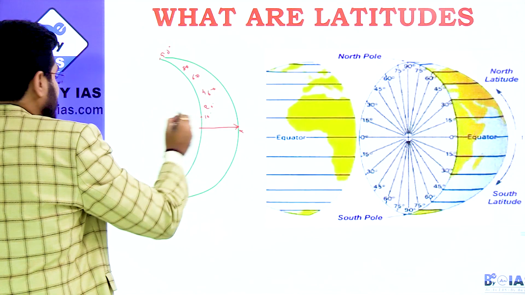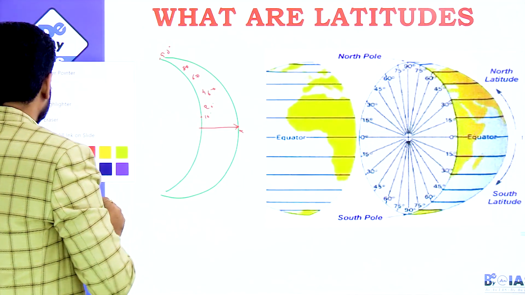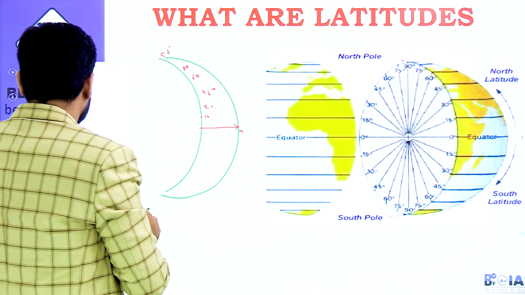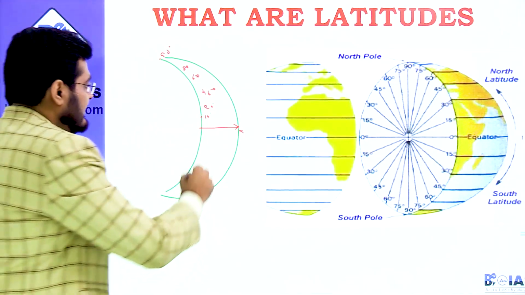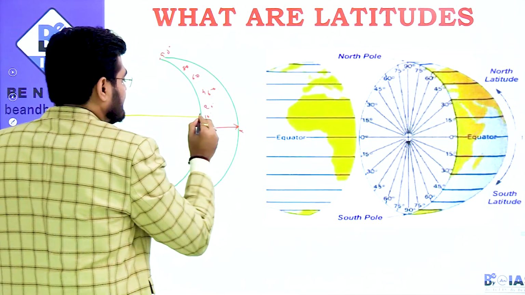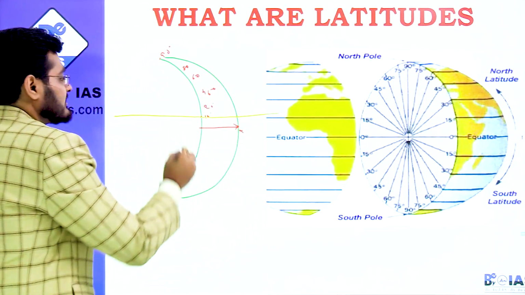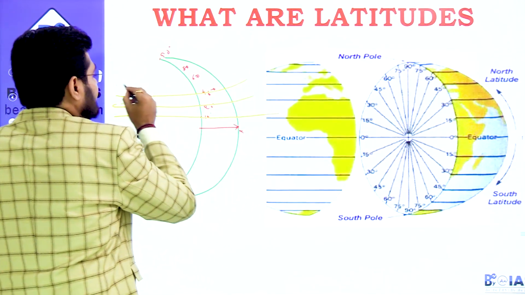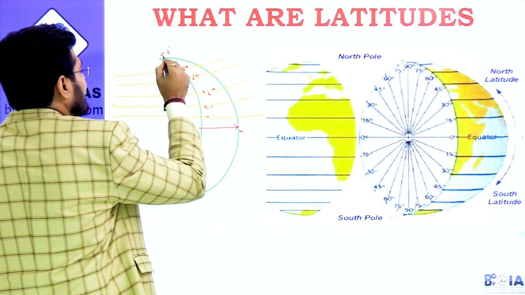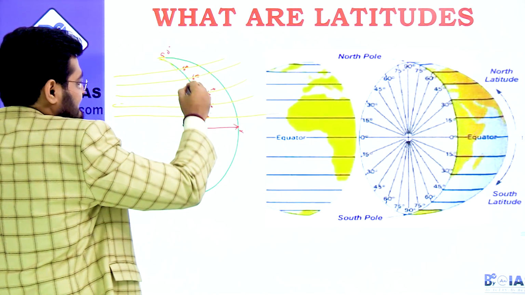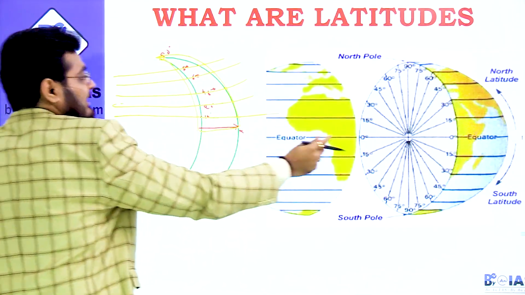Okay. Now, this is your 10 degree. What we have done, this 10 degree would be the same in reference to 0, in reference to your equator. So, this is your 10 degree. So, this is the line. This is the total line we drew for 10 degrees. This is the line we drew for 20. This is the line we drew for 45. This is the line for 60. This is 80. And here is 90. So this is what you can see, the part of Earth.